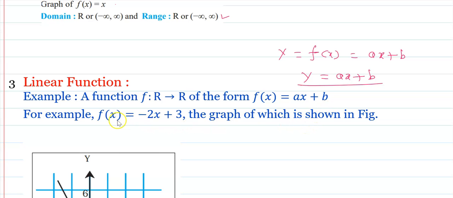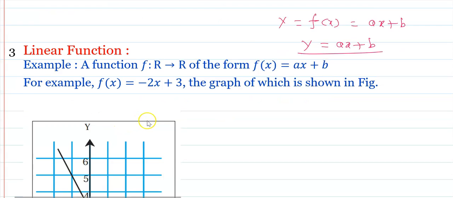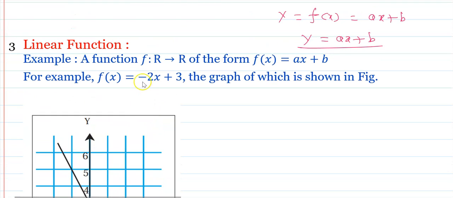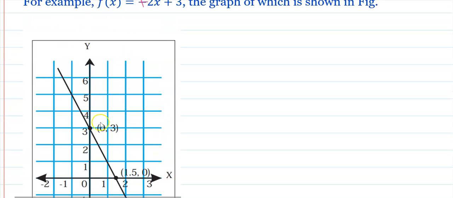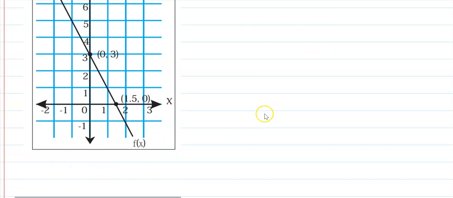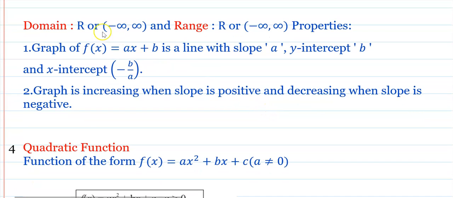Okay. Now for example, f of x is equal to minus 2x plus 3. Sorry, here we will take the plus. y is equal to 2x plus 3. The graph is shown in this figure. Okay, its y-intercept is 3. Okay, and this is the graph of a line y is equal to 2x plus 3. Okay. Now the next, the domain